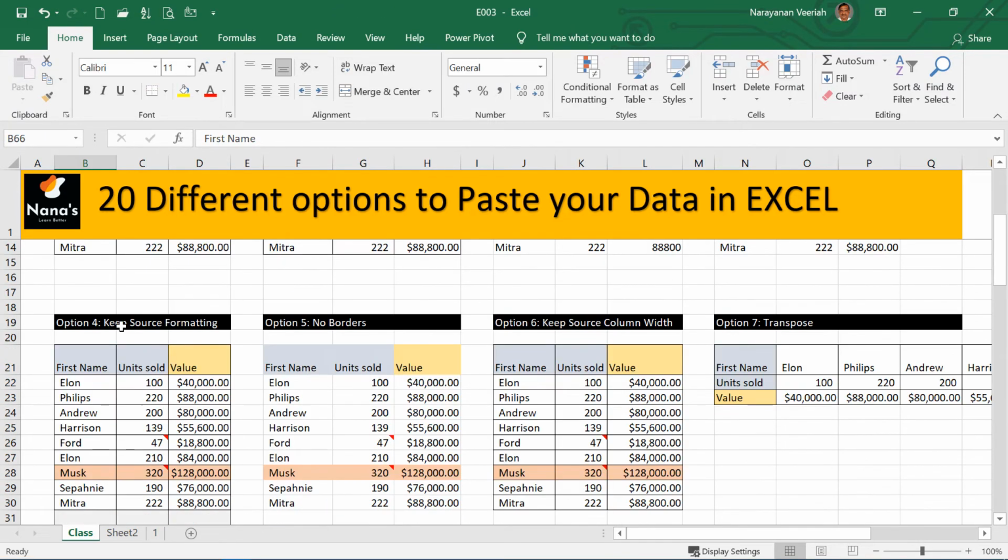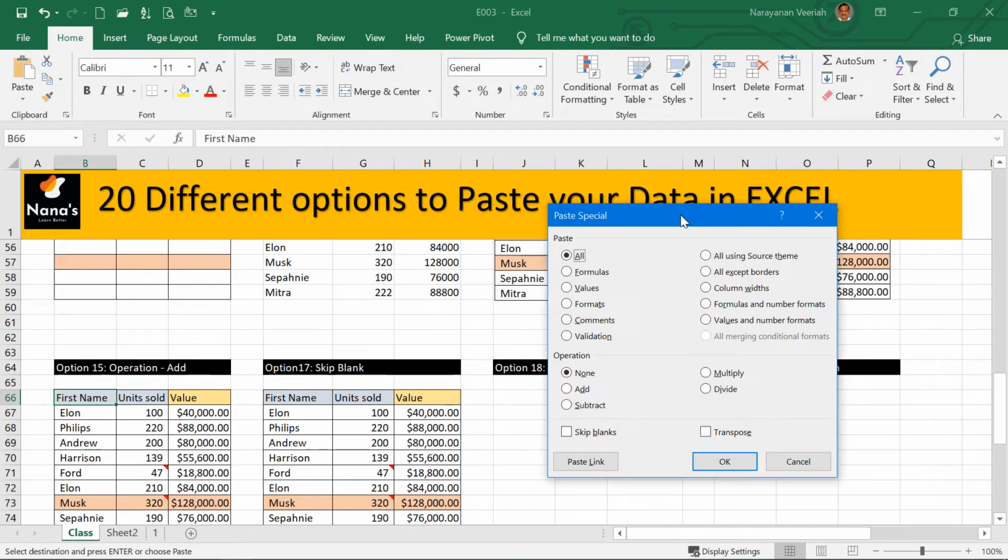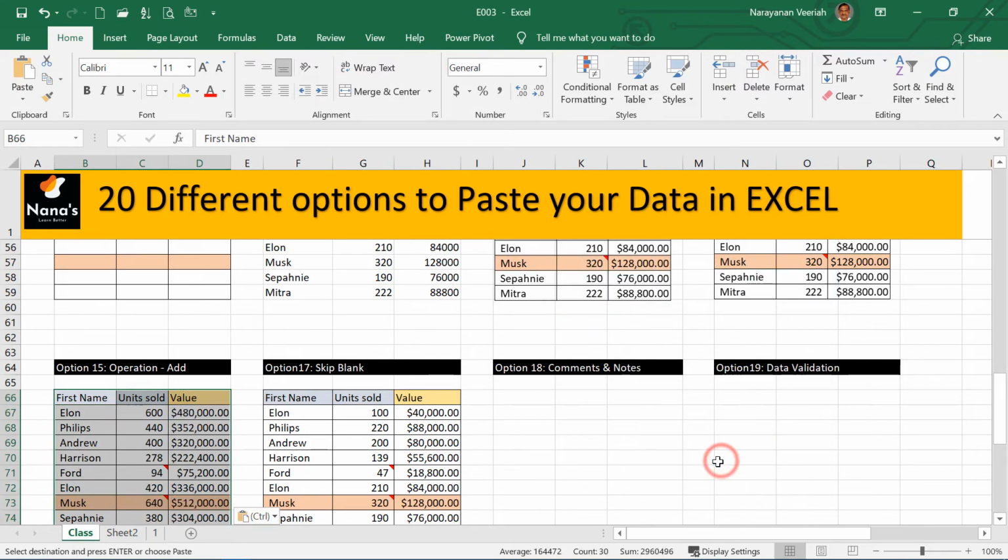That's the difference. So let me select the data, go to the option paste special. So I get a pop-up box. So what you see here at the upper portion is the one we have seen most of the options earlier, but below you can also paste using some of the operations. Say for example, if I click add here and then click OK, the values from the source will get added to the destination cells. So if you see here it's 100, in the source it is 500. Now if I give OK, this will become 600.